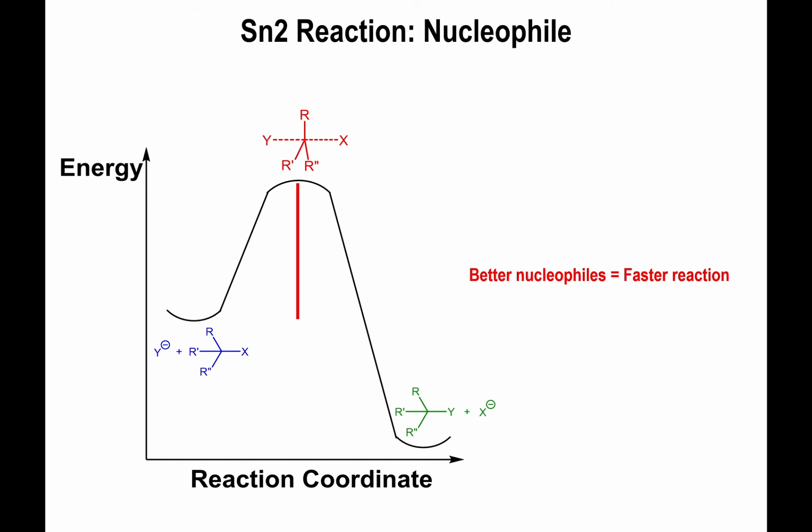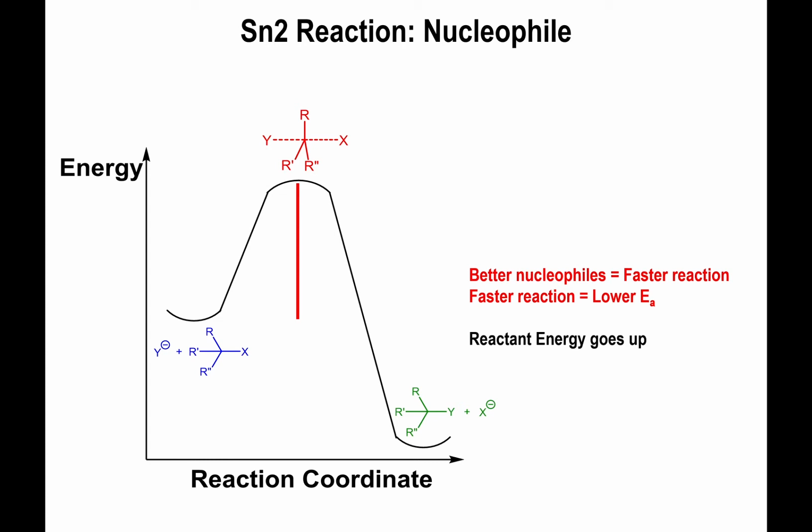The idea here is that if you have better nucleophiles, you're going to have a faster reaction. And the reason this ultimately is the case is because a faster reaction is equated with having a lower activation energy. And just remember, this red line up here that goes in the vertical fashion represents the activation energy, the distance from the reactant to the top of the hill. So for you to decrease the activation energy,